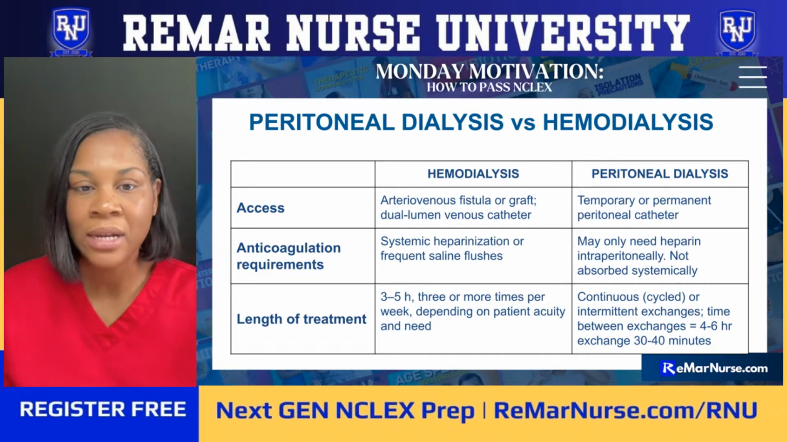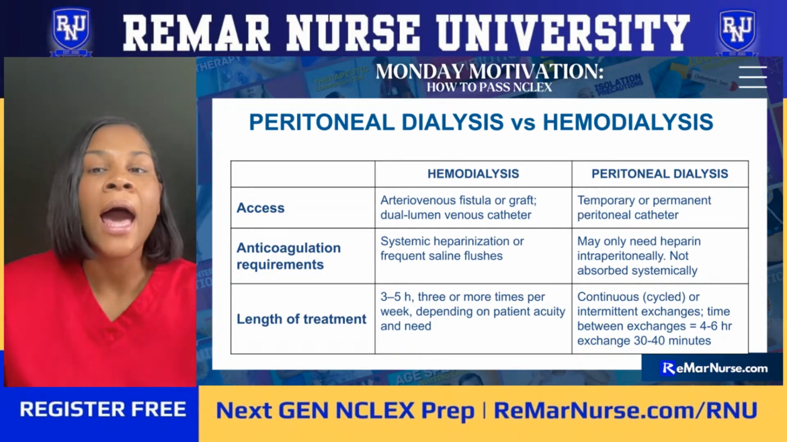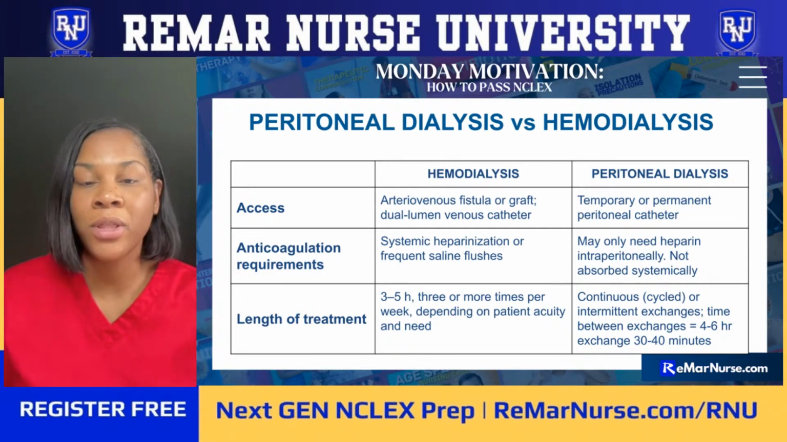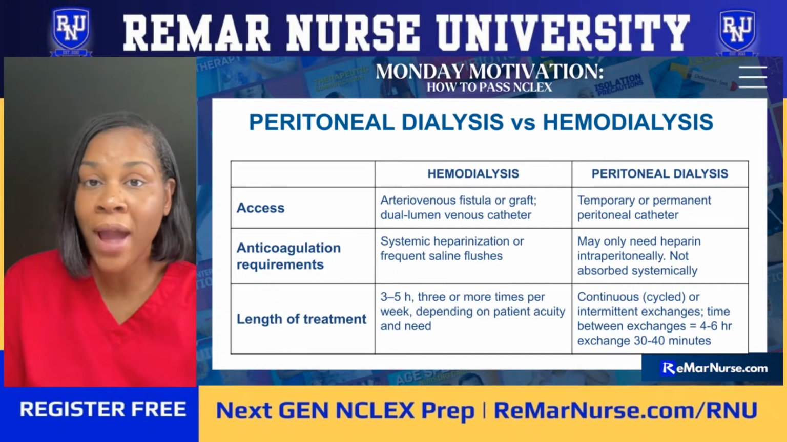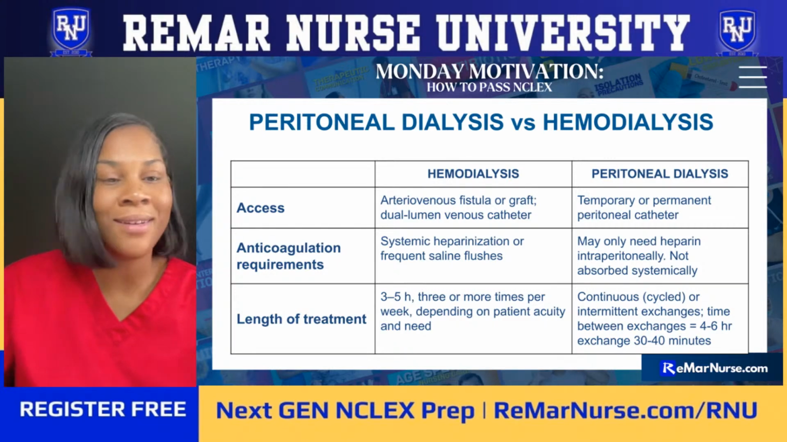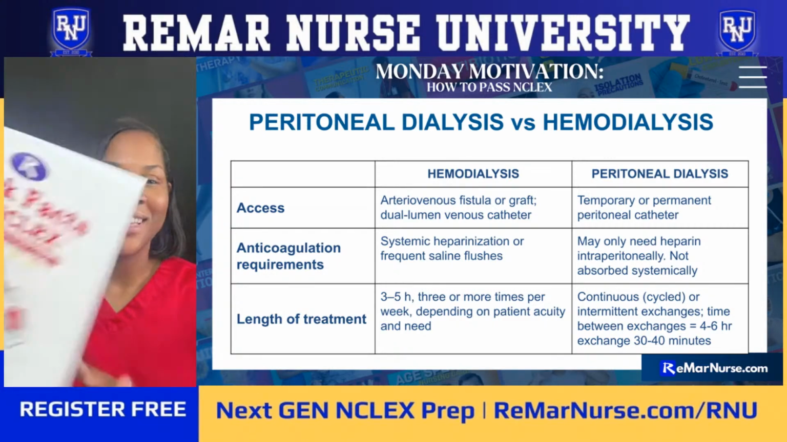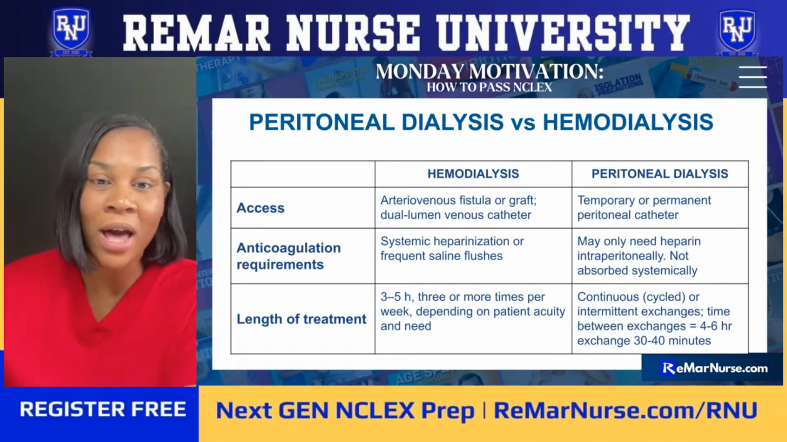All right. And that's going to be a dual lumen venous catheter. Now, how long does it take for this access to be ready to go? Because you can get the fistula or the graft placed for hemodialysis, but can you start using it right away? No, no, no. All right. And it's in quick facts because you do need to know that. So if you don't know how long it takes for the fistula or the graft,